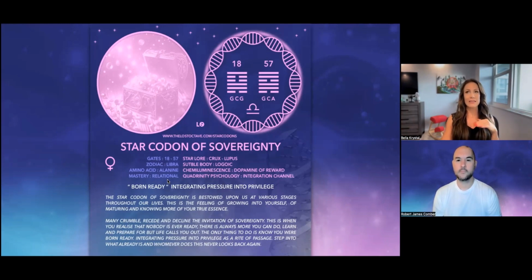And at the same time, this is another layer, and there is a different application with this, which is a feeling sense. And I've told you before, if you're in the inner circle, for me, I feel emotionally deeply touched by this code of sovereignty because it's so connected to the work that I have done for the last 6 years with Ashley. And it's so interesting that it's in that quarter, that part of the wheel that has the channel of integration, where we see the master is relational.